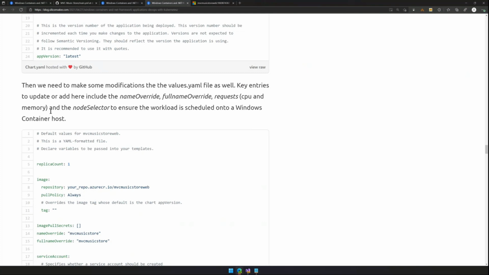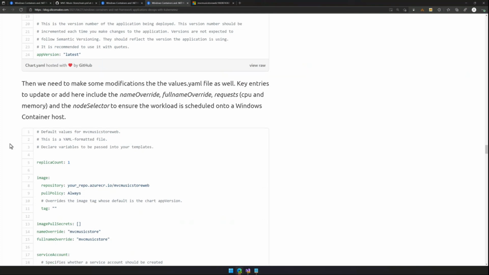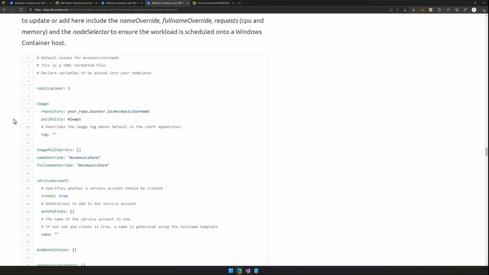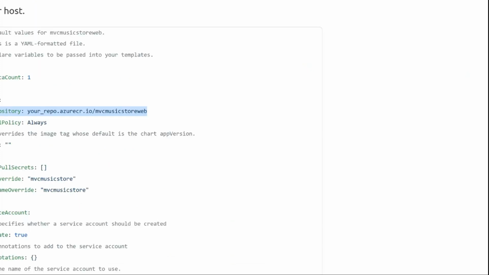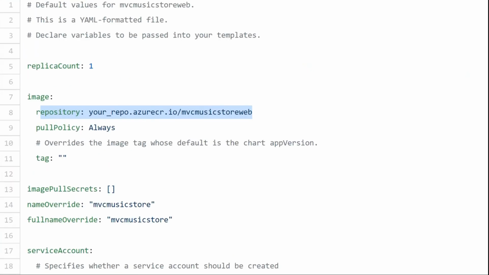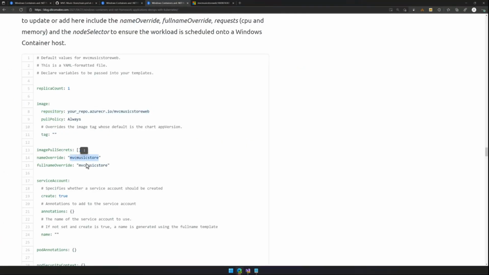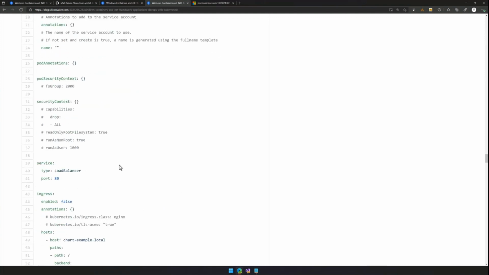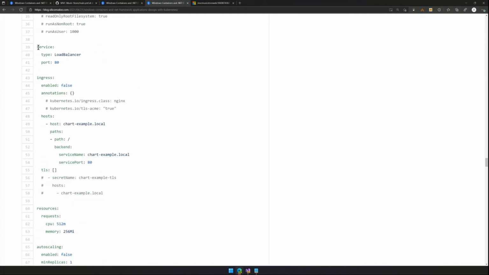The other thing we need to do is we've got to make a few changes. So in another file for Helm, we need to define the repository where our solution lives. So you would obviously update it to be wherever your repository is. We can override the name just so it appears inside of Kubernetes with a little bit more meaningful name than just the container name. So you can put a bit more description in here. Because this is a web application, I'm going to define a load balancer service for it, which gives Kubernetes a way to expose the web application to the outside world.